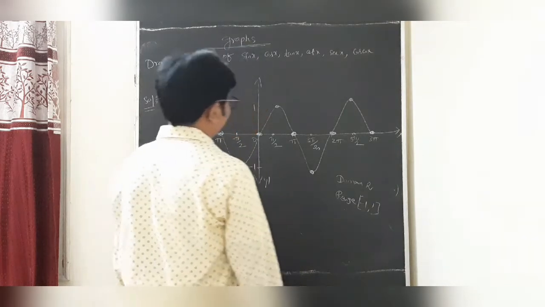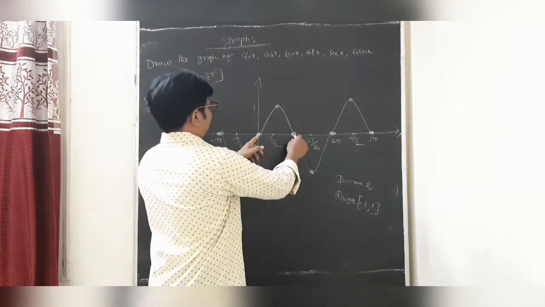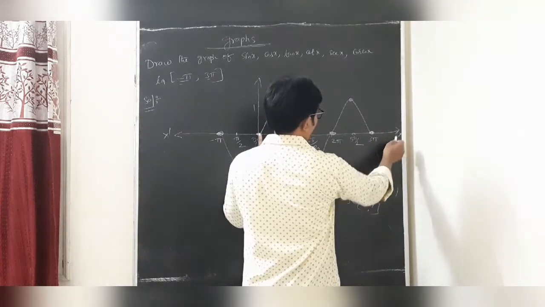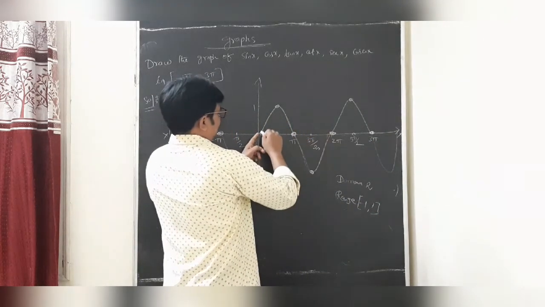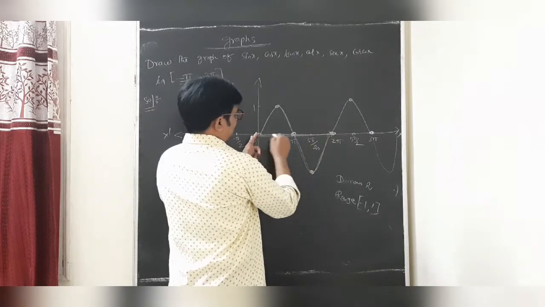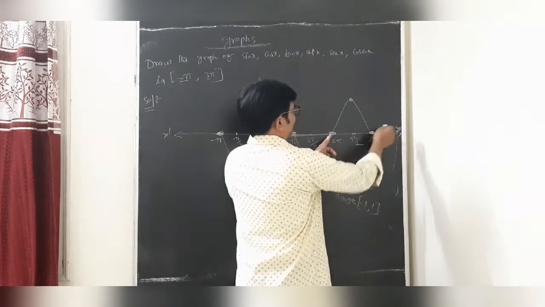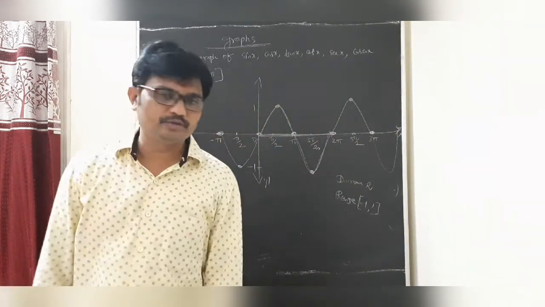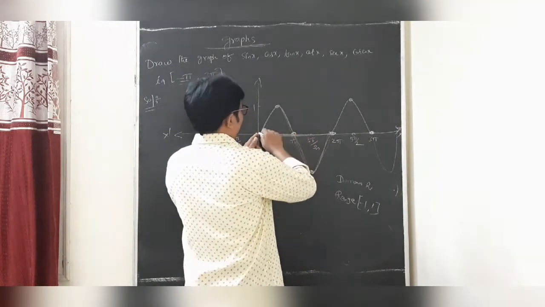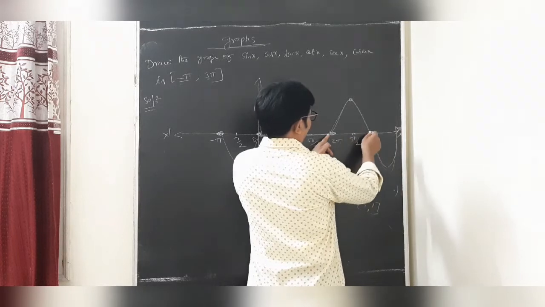Dear students, what we observed here. Suppose you take one more observation, students. This is concave down. Suppose you are taking this one. What is the difference here? This complete region is 2 pi. Suppose this region is 4 pi, 4 pi minus 2 pi. So once you observe, students, this difference is 2 pi. This is up, this is down, concave up and concave down here. This is also the same, up and down. Then this is pi, this is 2 pi.